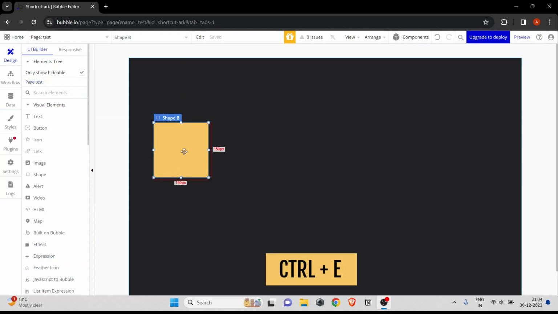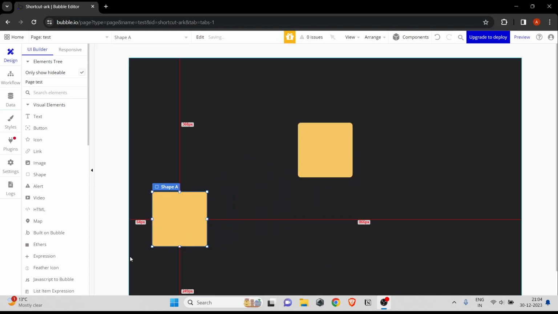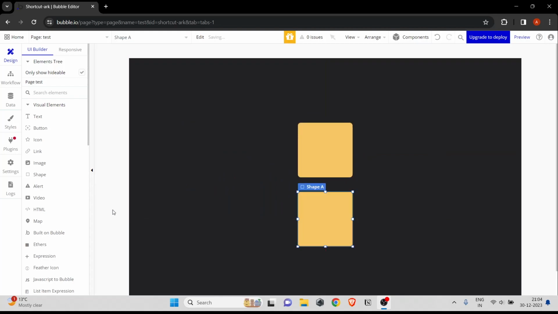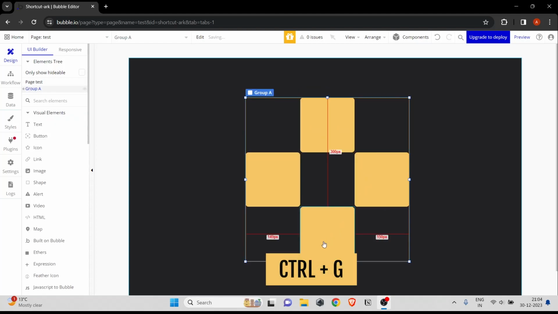Next up is Ctrl E, which centers the element relative to the parent. This is super handy when you are creating quickly in the Design tab. You can also save a few clicks by using the Group shortcut. Simply select the elements that you want to group by pressing Shift, and then pressing Ctrl G, which will automatically